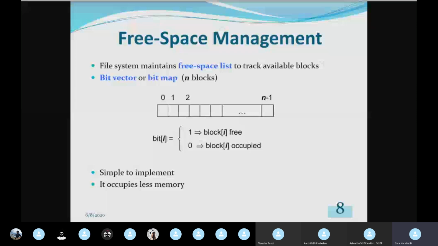Here in this disk storage, if you want to allocate a new file, you need to know what are the free logical blocks available in this disk storage. For that you need to maintain a free space list to track the available free logical blocks. So for this purpose, the file system maintains a free space list.